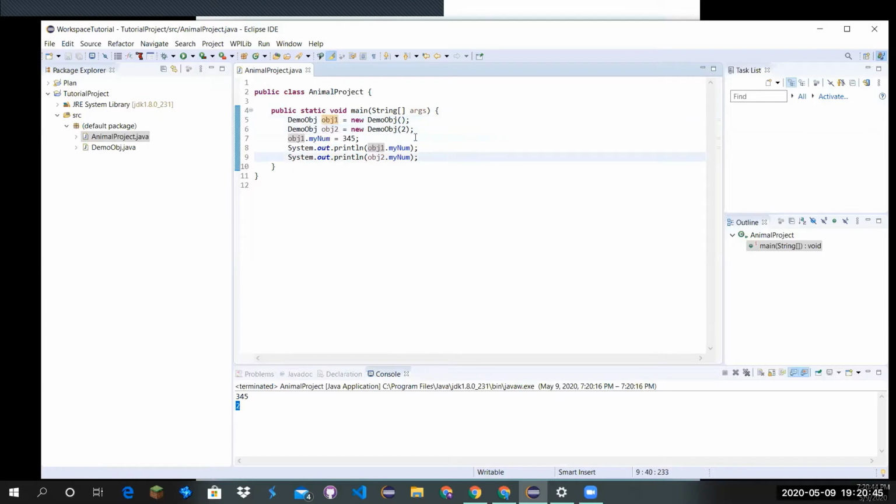Now remember how I was saying that obj2 and obj1 could both point to the same thing? Well, you know what that does? That means that obj2 and obj1 will both have the same exact object. So when I do obj1.mynum equals 345, obj2.mynum also becomes 345 because they're both referring to this demo object. They just happen to have 2 names. Yeah, it's like having 2 names, you know? So if I print out these, they'll both print out the same thing because obj1.mynum and obj2.mynum are